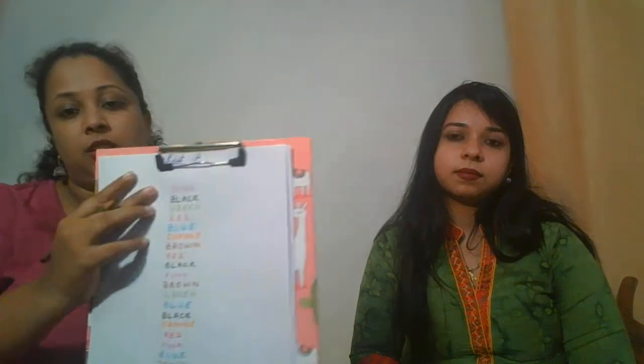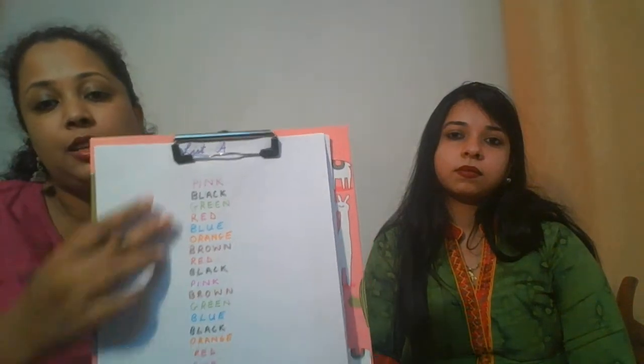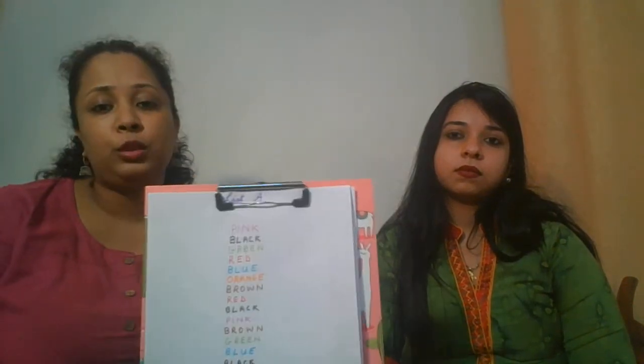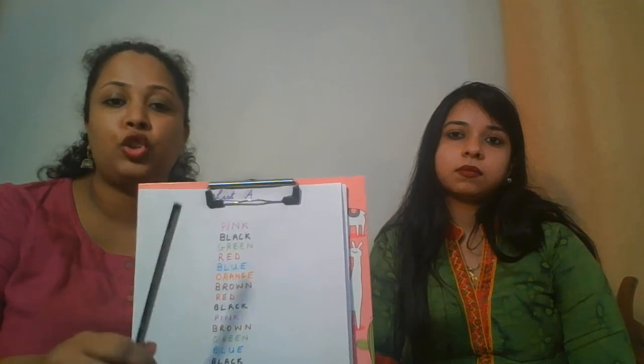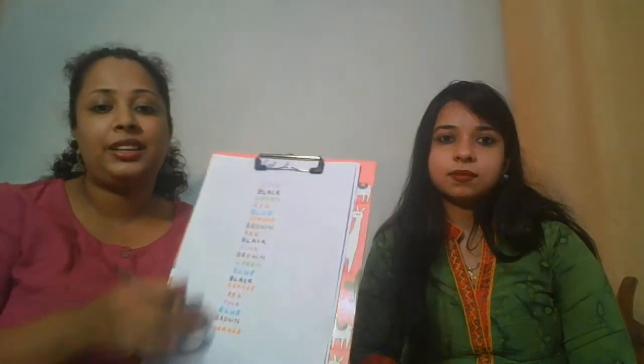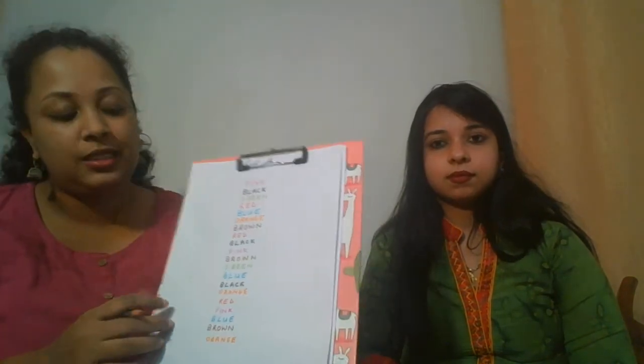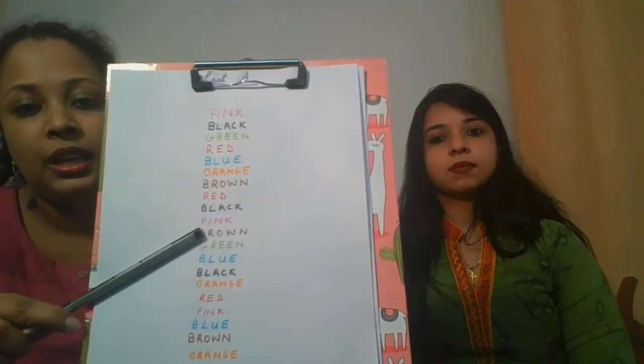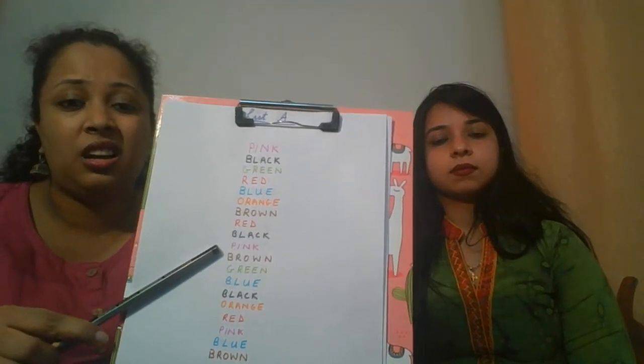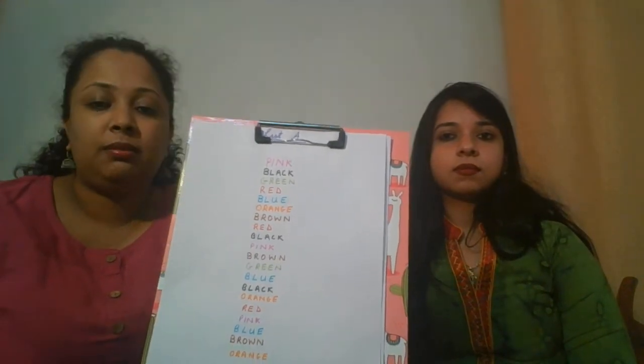However, if the color is pink and the subject says purple, you have to tell the subject that this is pink, not purple. Sometimes people have a mistake in identifying colors, so you have to correct them in list A itself. Like suppose this is brown, and if someone says the color, say light brown or cream, or for whatever reason, you have to correct them and say this is brown.